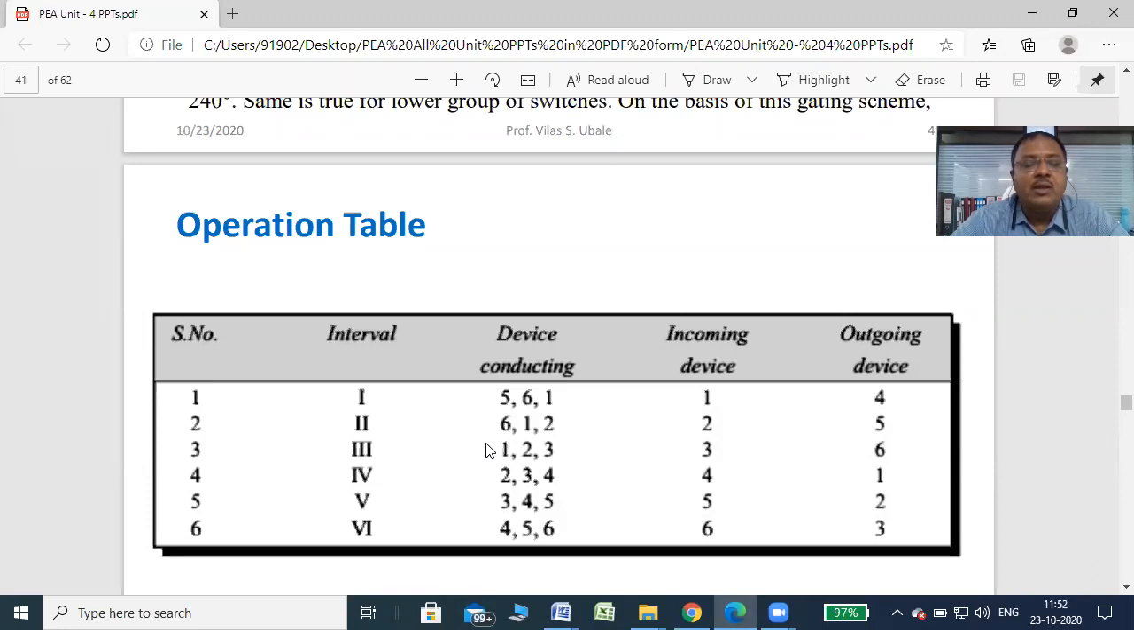In this particular operation table, you can see three switches are on at a time. Every switch conducts for 180 degrees, but the switches are triggered after a 60-degree interval. In the first interval, switches 6, 5, and 1 are on for 60 degrees. After 60 degrees, 6 and 1 remain on, but 5 turns off and